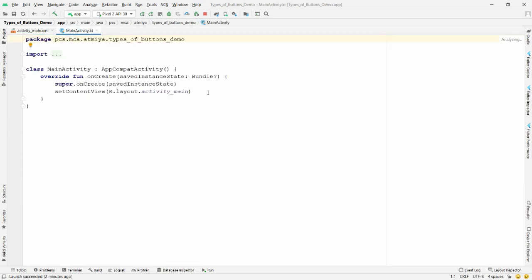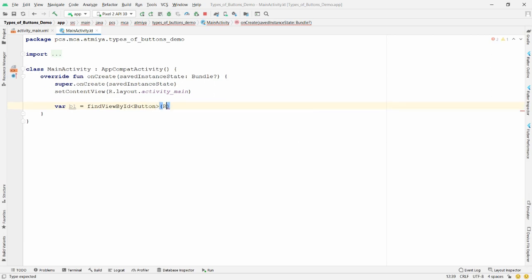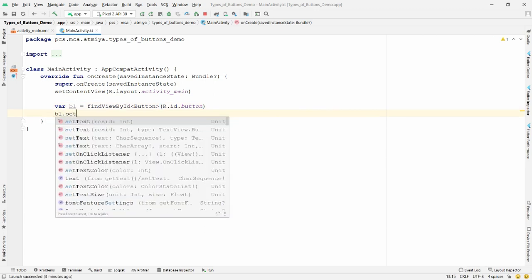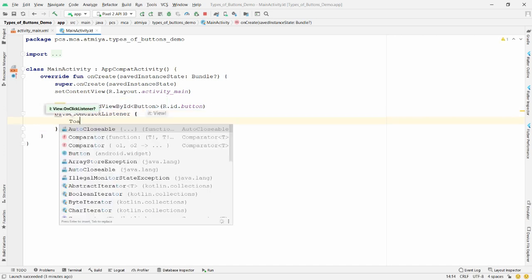You can move to your main activity.kotlin file. I want to write the code of the button first and then I want to write the code of the toggle button. So let me declare here variable b1 is equal to find view by ID. You can cast it to button and you can write here r.id.button. Whenever this button is clicked, so you can call the function button1.set on click listener,